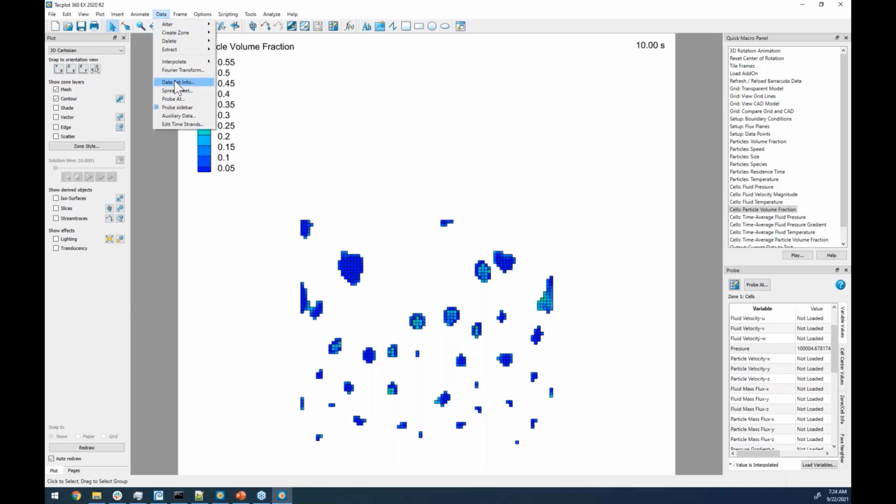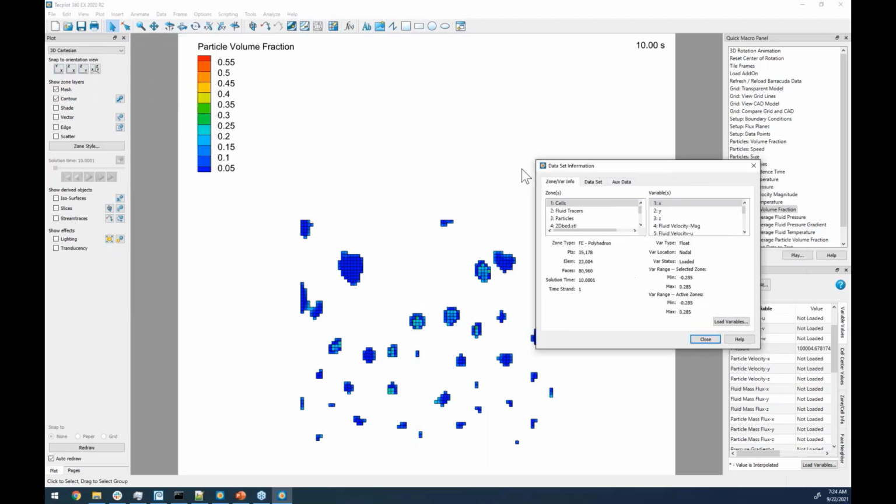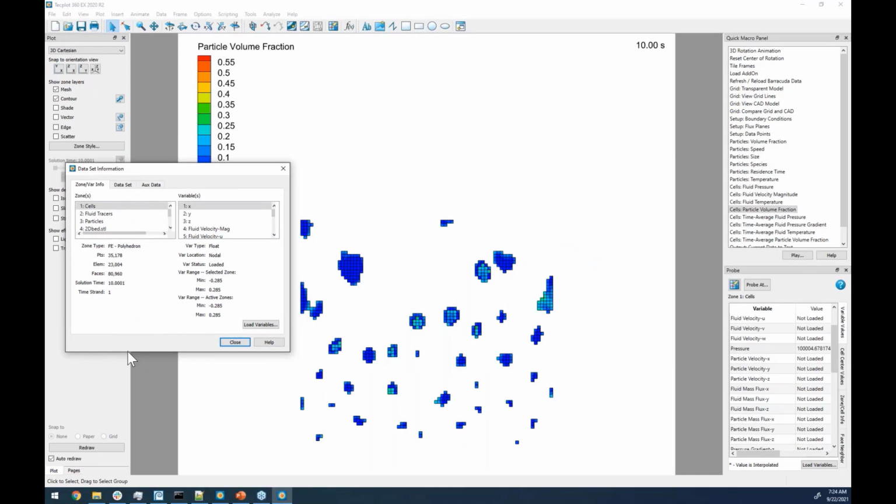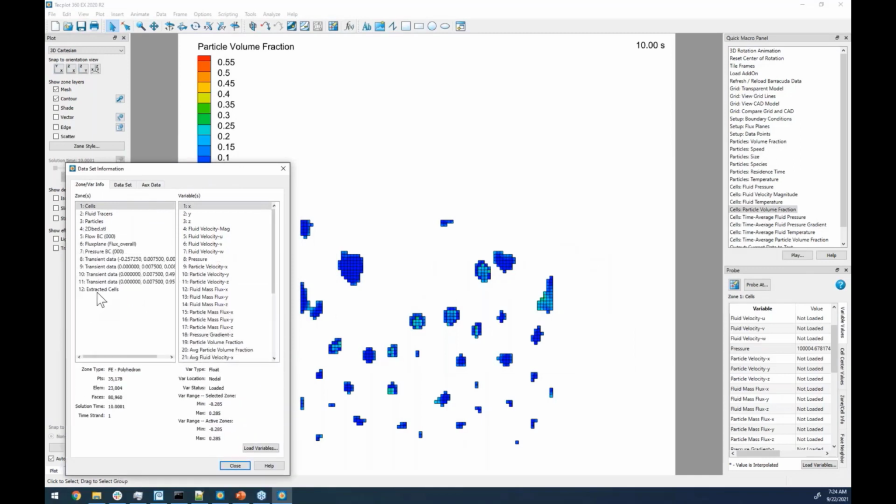So if I go into the dataset information dialog and scroll down to the bottom, you can see that I have this new zone called extracted cells, but now this represents all of these cells in one big block. And again, going back to that perform integration dialog,